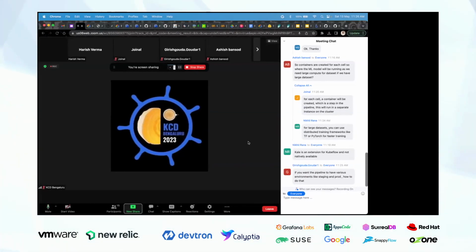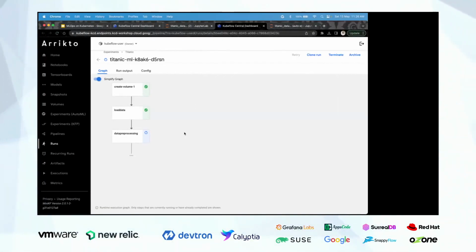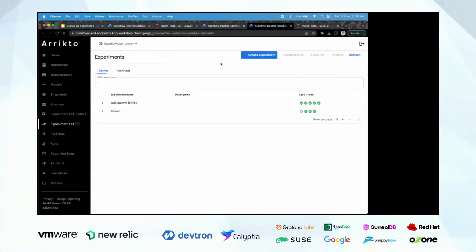This is staging prod. So this is for one particular run. Now you can have different naming conventions and different experiments. Like over here, we can see we have experiments, right? So we can define different experiments which can be staging, prod, and we can play around with that. For each staging or prod, the pipeline will remain the same. The only thing that will change is the configuration, or the heuristics or the rules which we follow. Basically over here it can have like Titanic staging, prod, and all those things.